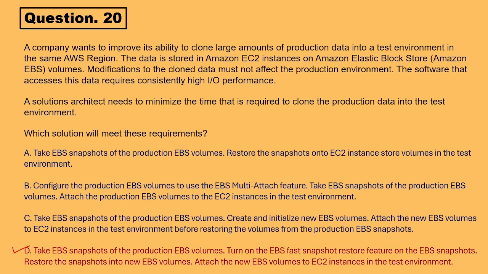Take an EBS snapshot of the production EBS volumes. Turn on the EBS fast snapshot restore feature on the EBS snapshot. Restore the snapshot into new EBS volumes. Attach the new EBS volumes to EC2 instances in the test environment. And this one is correct because